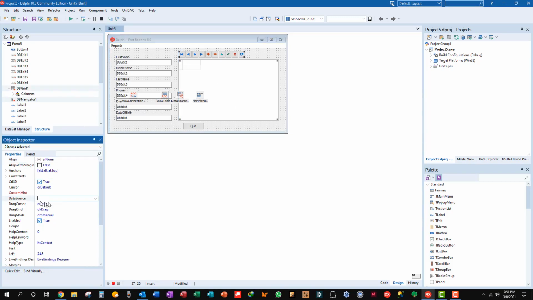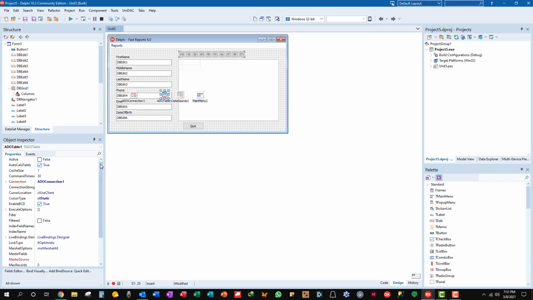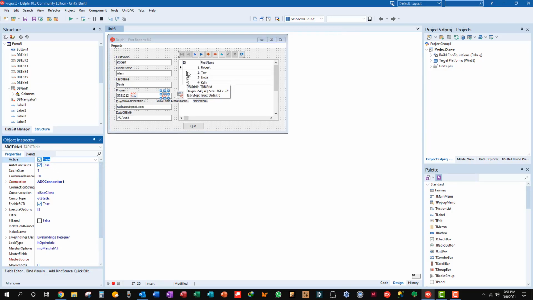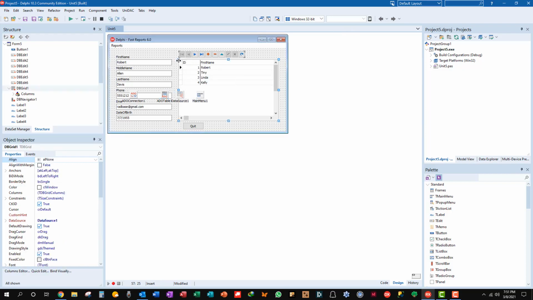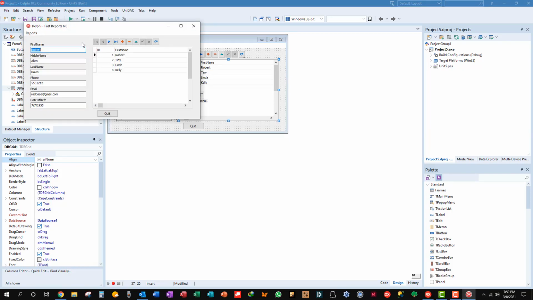And we'll pick data source 1. And we need to make the table active. Set that to true. There, you see it populates just fine. Let's run this and add a record. We'll say add, and we'll say